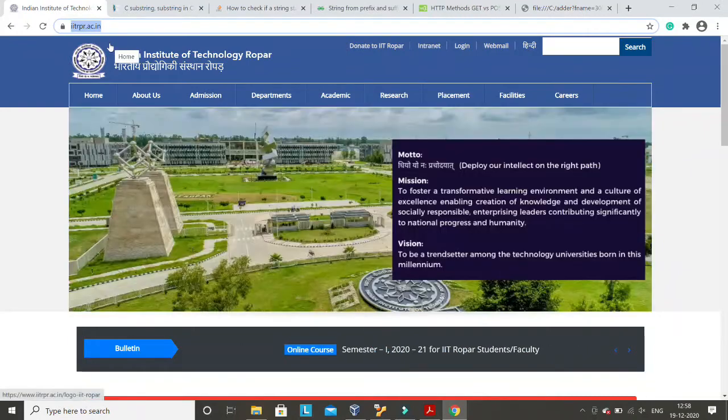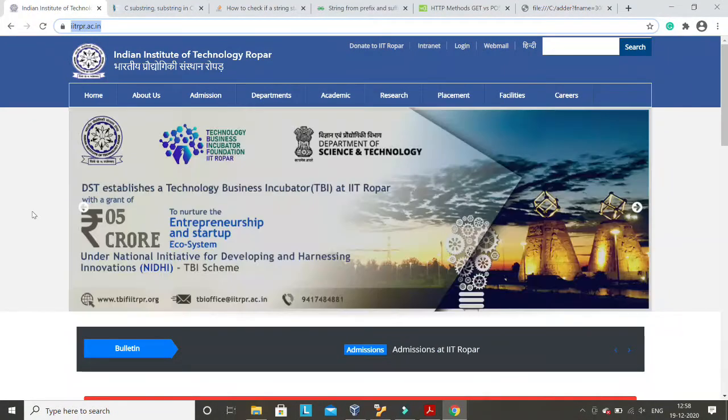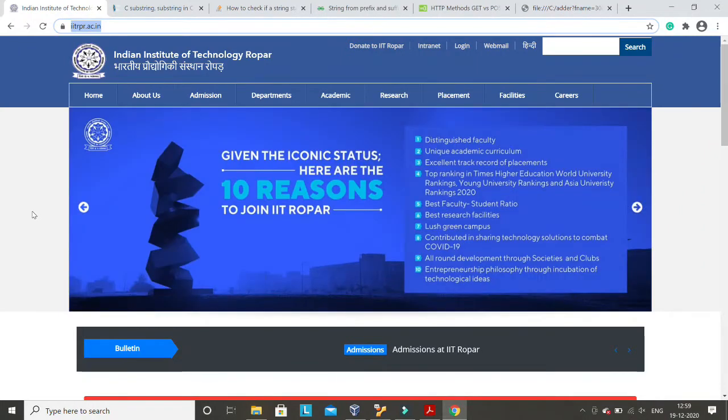So when the response reaches my client's machine, since it is HTML, it displays the complete HTML file here, because any browser is capable of displaying HTML. But things are not very simple here. What I am saying is a simple HTML thing, but here you can see this web page has a lot of images and a lot of animations going on. These are advanced level things, but I am assuming that a simple text based page, if I want to access it, then this is how you can access it.